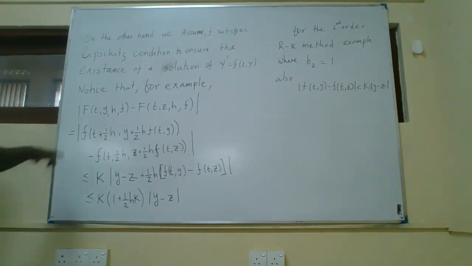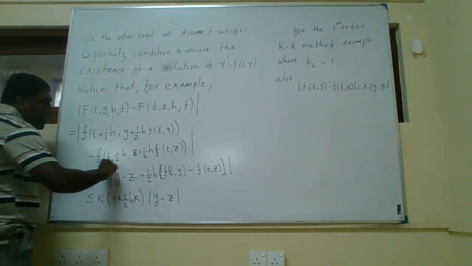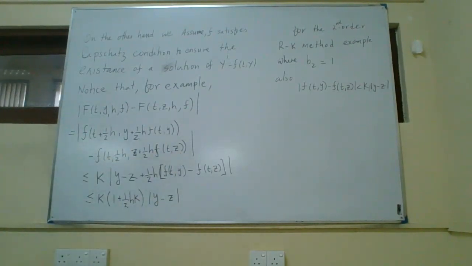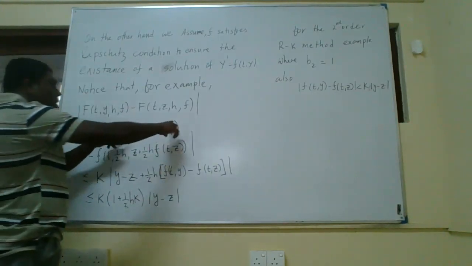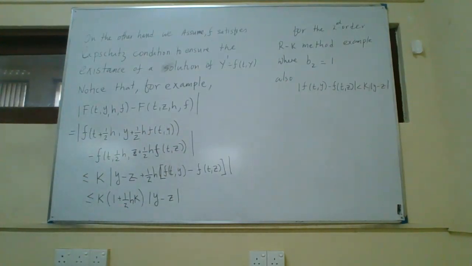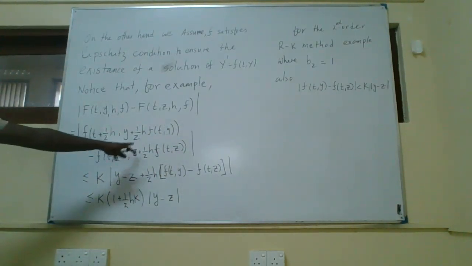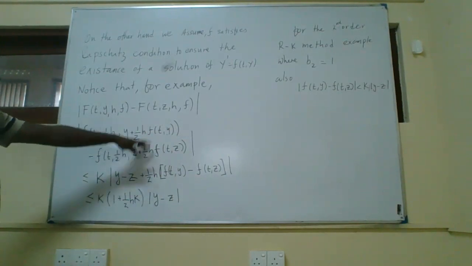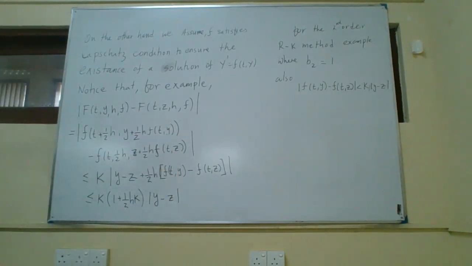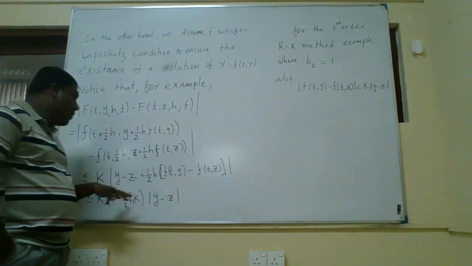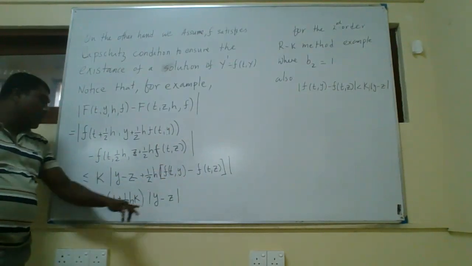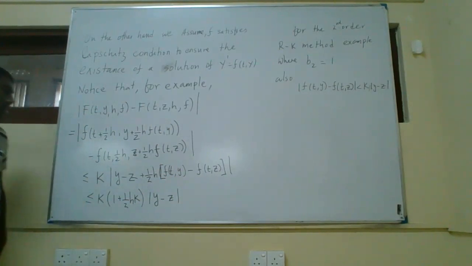So we can do that because your capital F is this, so capital F of y minus capital F of z is this, and when you subtract, since small f satisfies a Lipschitz condition, it is less than or equal to k times the difference in the second variable. So here the difference in the second variable is y minus z plus half h times f of y minus f of z. But again, f satisfies the Lipschitz condition, so you apply that again. So you will eventually get k times 1 plus half hk times y minus z, right? So as long as the